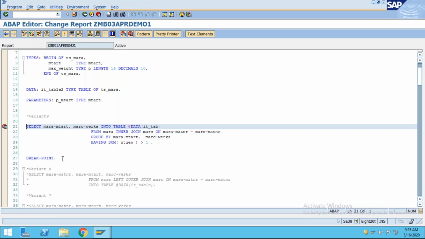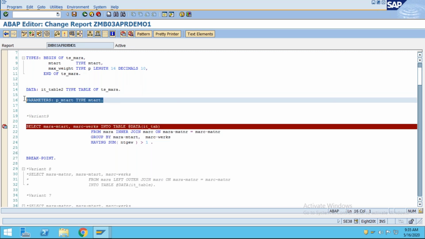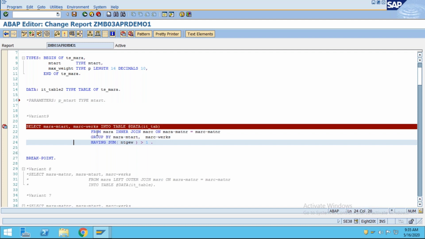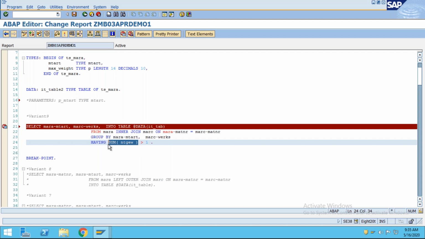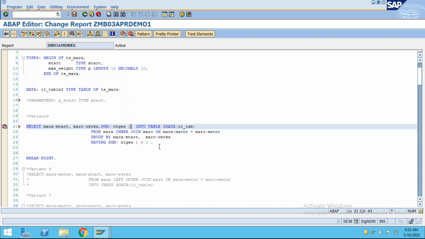So just to make sure that whatever you are going to get, whether you are getting it correctly or not, you can also give the comma over here and get this value, so that you will be able to see that as total weight, this is the sum.